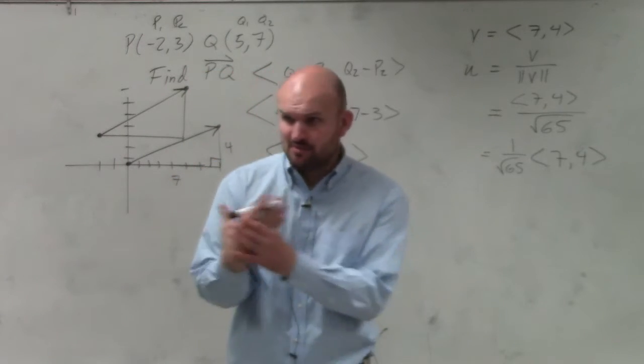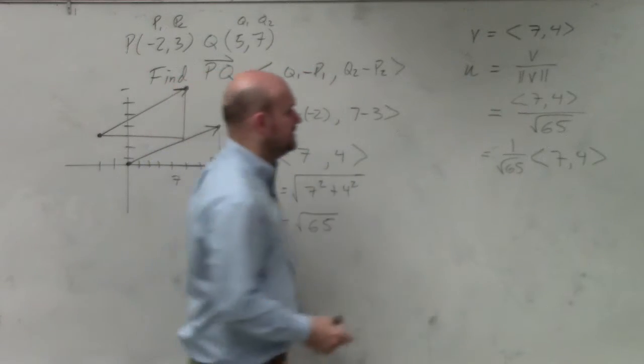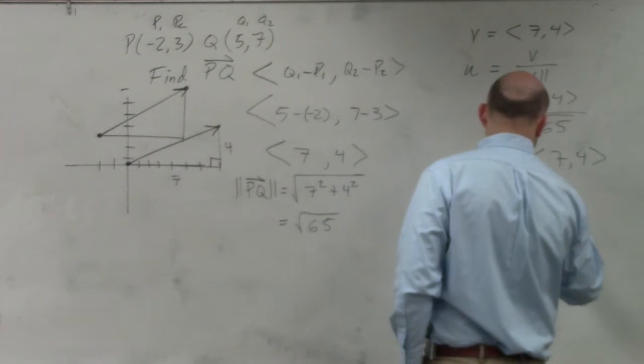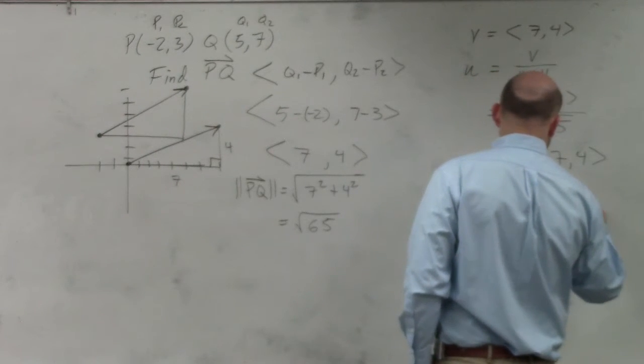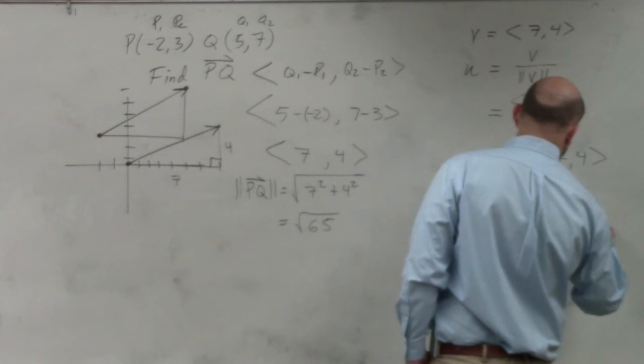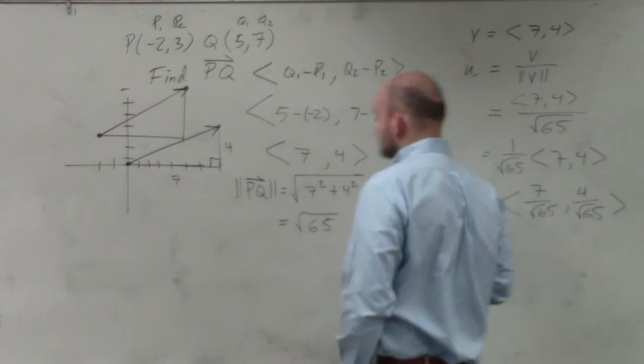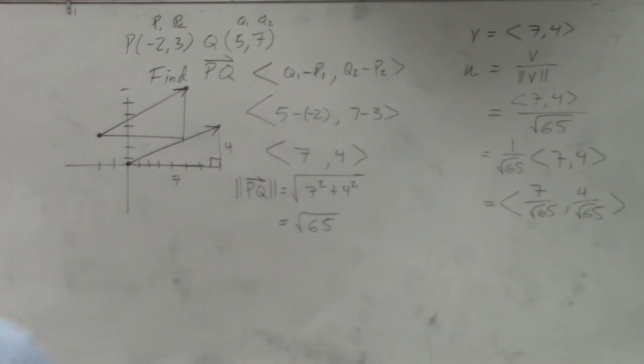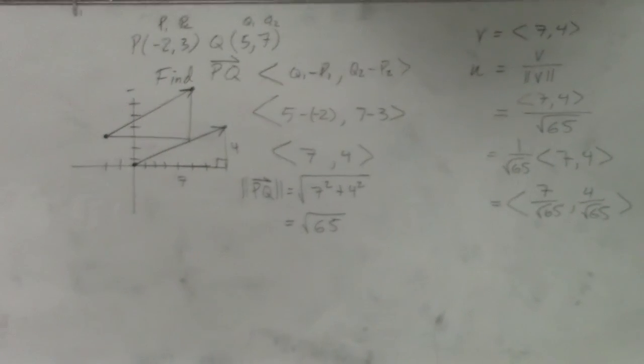Dividing by is the same as multiplying by a fraction. So therefore, the simplified version is 7 over the square root of 65, 4 over the square root of 65. That is your unit vector. Now, what I'd like you guys to do is let's go ahead and figure